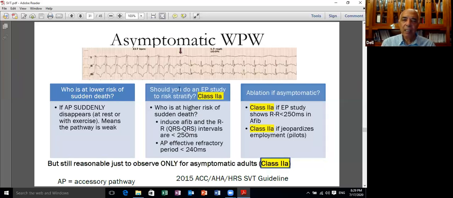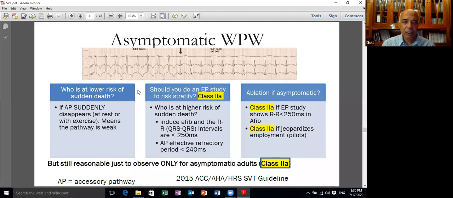So what to do for patients with asymptomatic WPW? This is controversial, but this is important. We have three pathways by which we can behave in this condition. Usually, if the patient is asymptomatic and has a delta wave in the ECG, he doesn't have WPW syndrome. Syndrome means he's developing tachycardia and symptoms. He is having the WPW pattern: delta wave, short PR, wide QRS complex in the ECG.